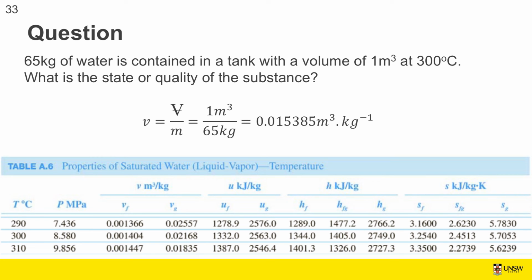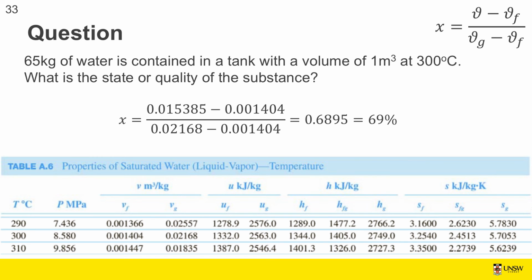So because it is greater than the number on the left and less than the number on the right, it's in the mixture range, okay? And indeed, we said x equals theta minus theta f on theta g minus theta f, all right? Theta for us is now specific volume, right? That's what we're dealing with. The specific volume that we have,